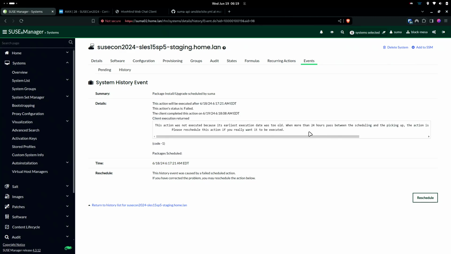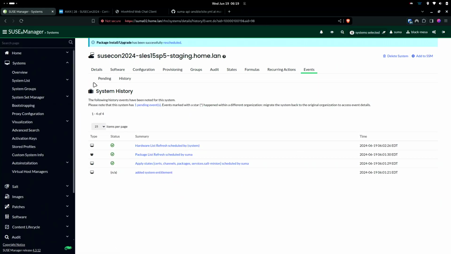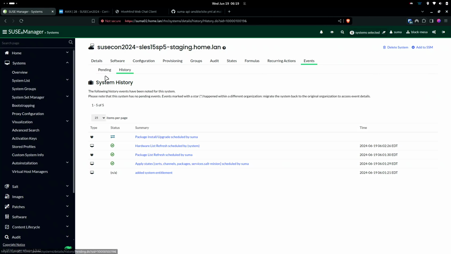This action will be executed after 6:17 a.m. Yeah, I think I just messed up the filter. So yeah, it's on me. You could just click that reschedule button and get it done. Right, but it's cheating. I can say that it's part of the demo to show that even when an action fails, you can fix it very quickly through the UI because it's very user friendly, etc.